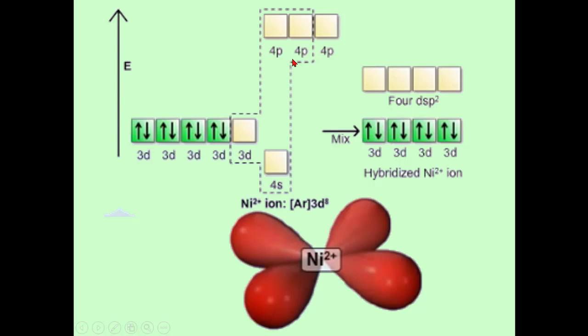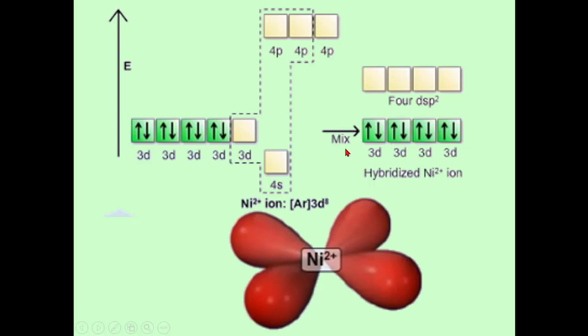So that is due to all the orbitals that take part in bond formation, which are in the dotted line. This last one, the 4p orbital, does not take part in bond formation. So the total number of orbitals here is 4. Then they make 4 vacant dsp2 orbitals, and you have to see that these are the 3d orbitals